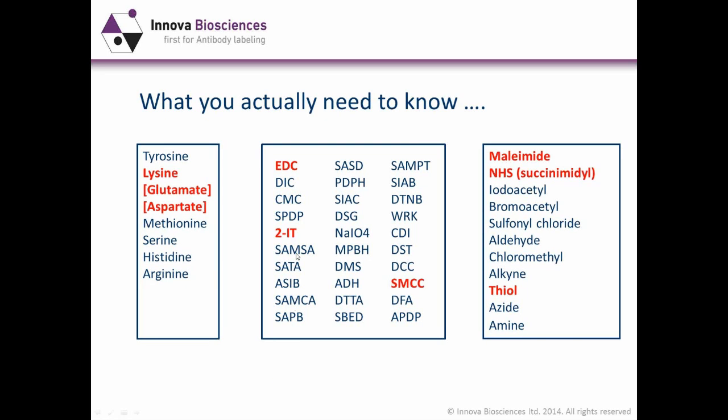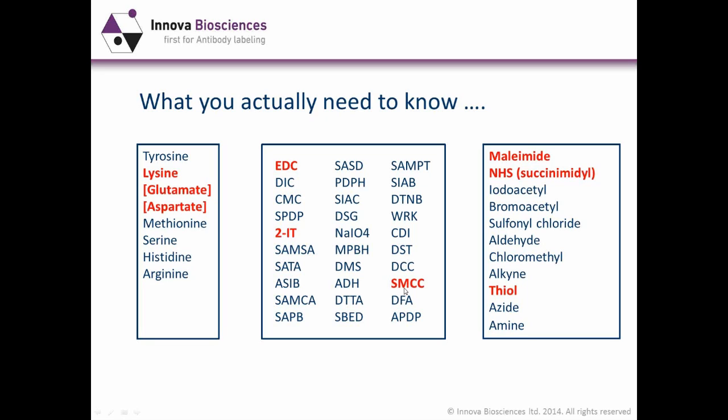So what do you need to know? Well, from the list of functional groups, I would suggest you need to know about just 3 of them: maleimide, N-hydroxysuccinimide, and thiol. Just 3 chemicals out of this list. I mean, there are far more than is shown here. But you only need to know about EDC,